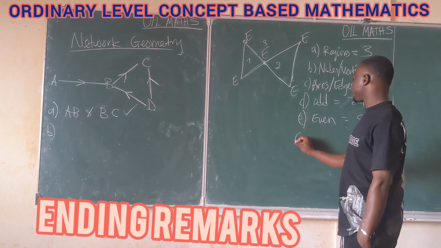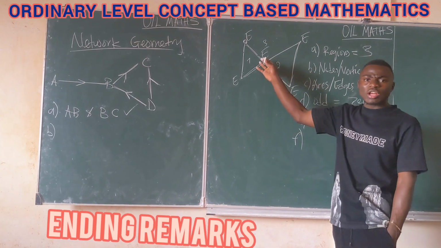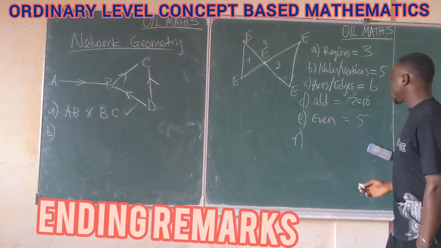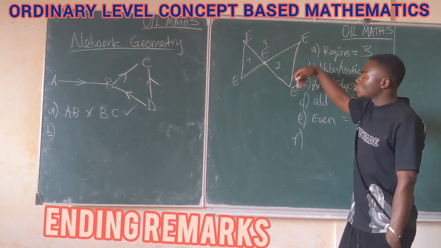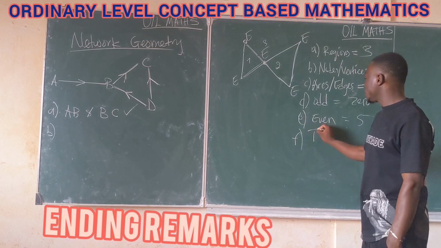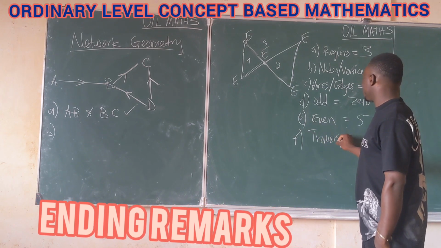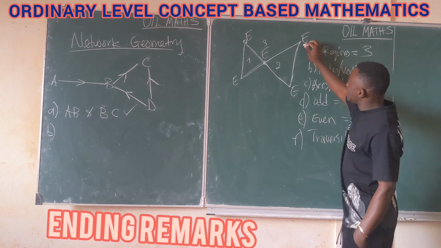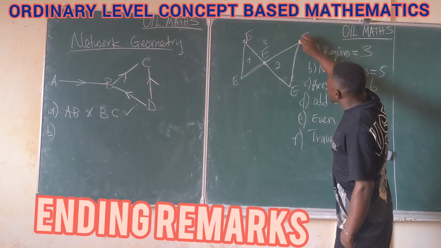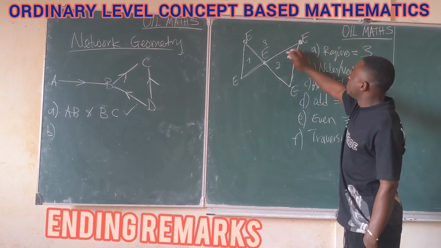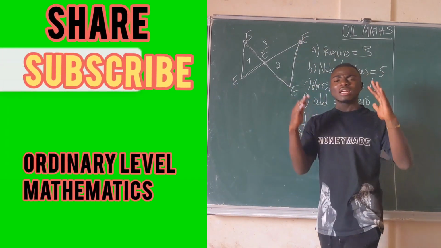And lastly, you can be asked whether this network is traversable or not. Due to the fact that this network has all its nodes even, it means that the network is traversable. You can be asked how many undirected links are at this point. There are 2, and so on. So that's the concept of